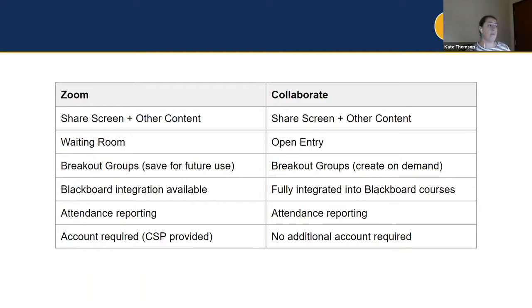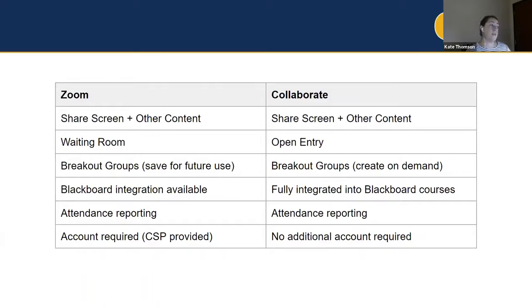Moving on. Both platforms allow for breakout groups to allow that small group discussion within your session. One cool thing about Zoom is that you can save these breakout groups for future use. So if it's a recurring meeting and these are the same small groups, you can save it for your next meeting as well, rather than in Collaborate having to constantly create those groups on demand.